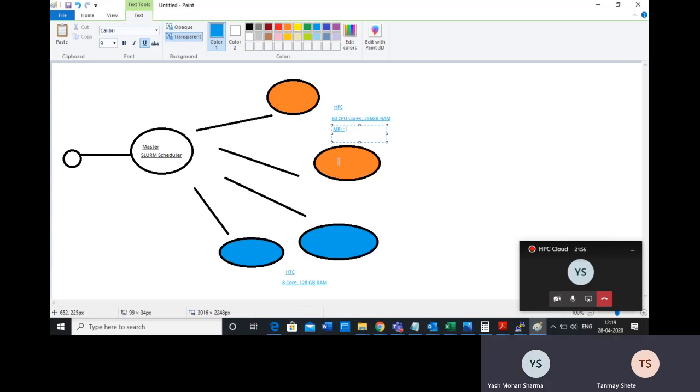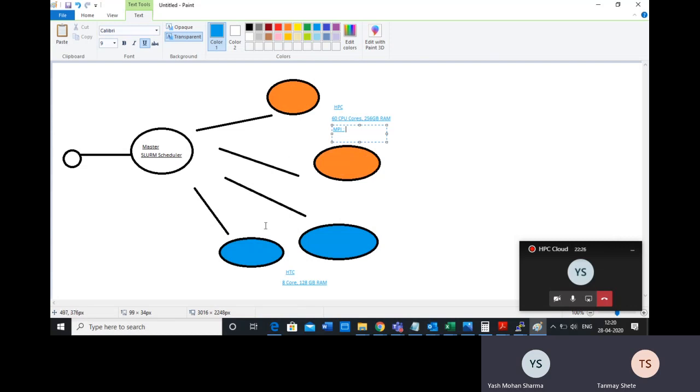Okay, like parallel programming. Yes, it's parallel programming. Exactly. So in this case, suppose you want 120 CPU cores, then you can do it with this. You don't need to join the machines. You just need to tell the scheduler that you are going to run this particular program with 120 cores. Then it will automatically assign you these two machines.